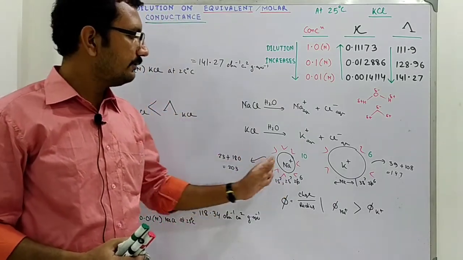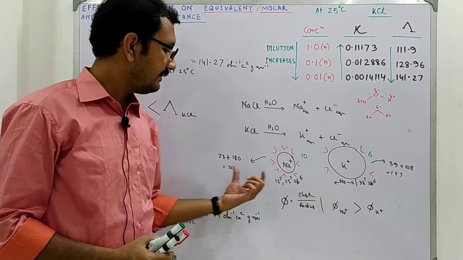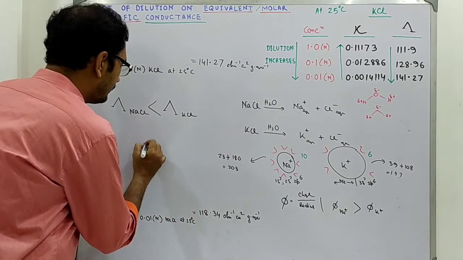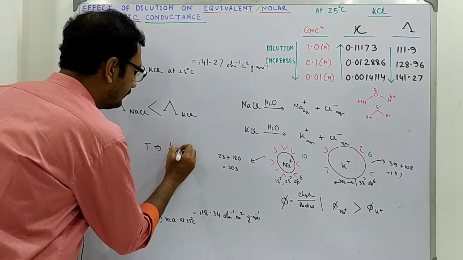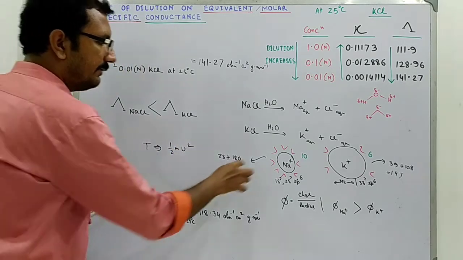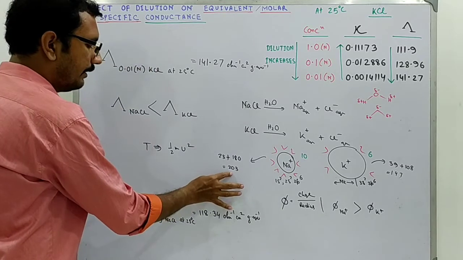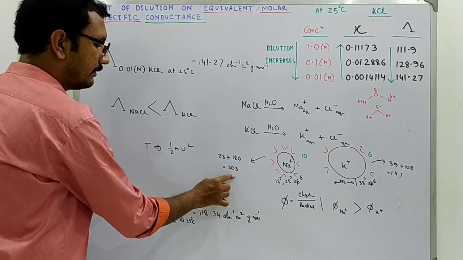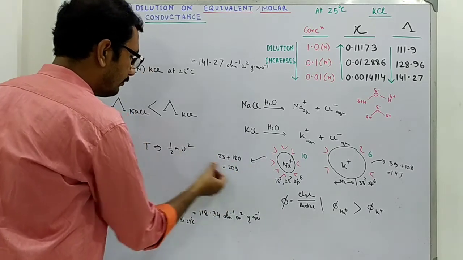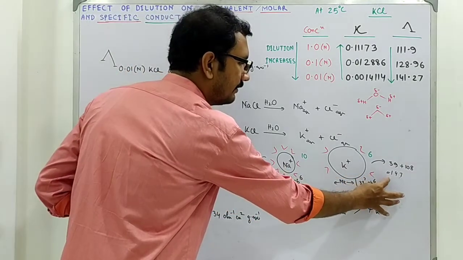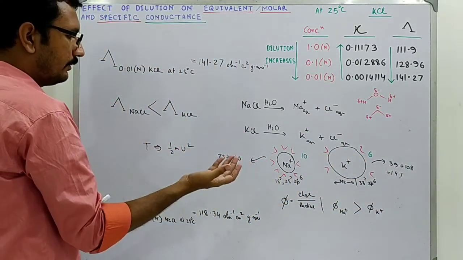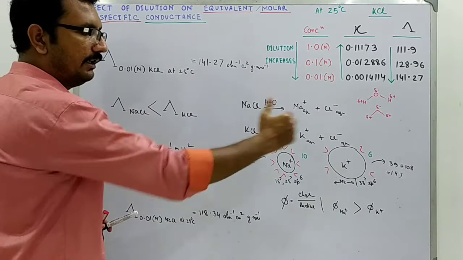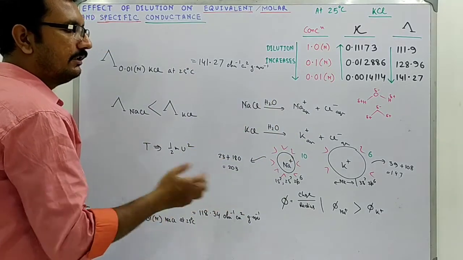So, the average kinetic energy of these two species will remain the same. Now, if it is heavier, then its velocity will be lesser. Constant temperature will imply a constant average kinetic energy. Now, if it is having a higher mass, then what must happen to the velocity? Its velocity must be less. So, it is having a greater mass, so its velocity will be less. It is having a lesser mass, so its velocity will be higher. So, which one is traveling with a greater velocity? This hydrated K plus actually will travel with a greater velocity. So, it has a greater ionic mobility.